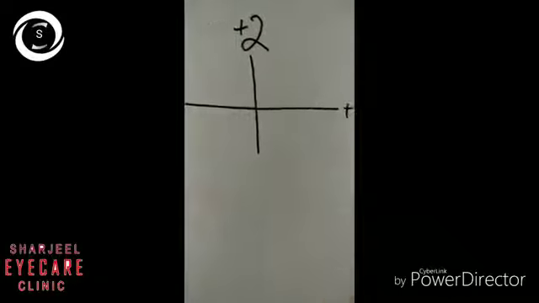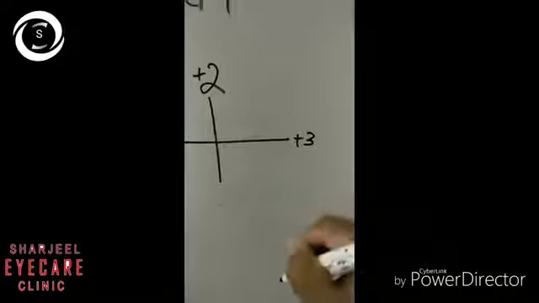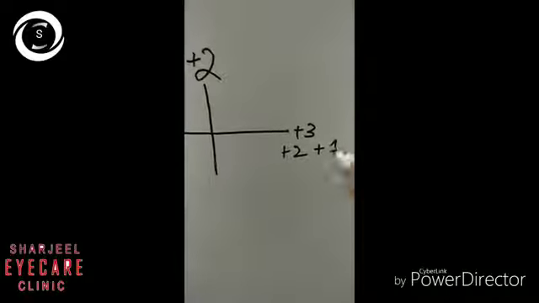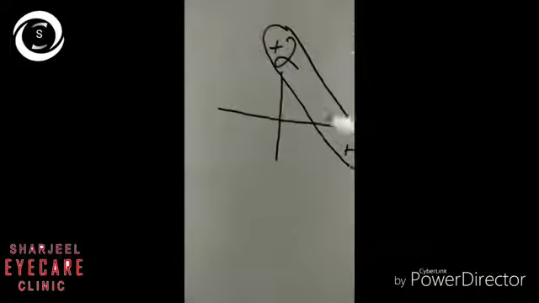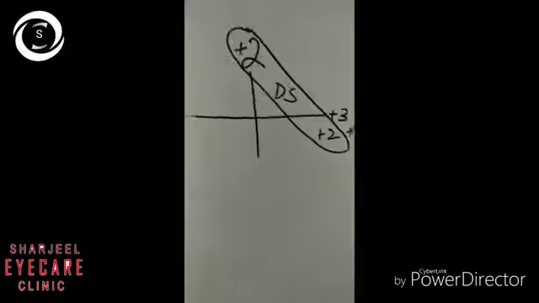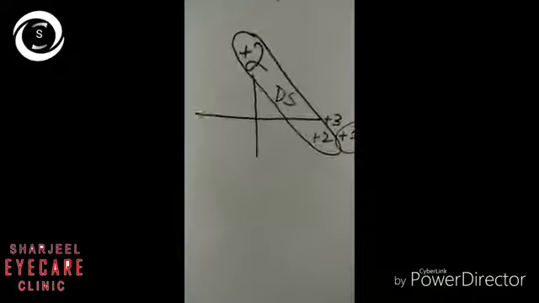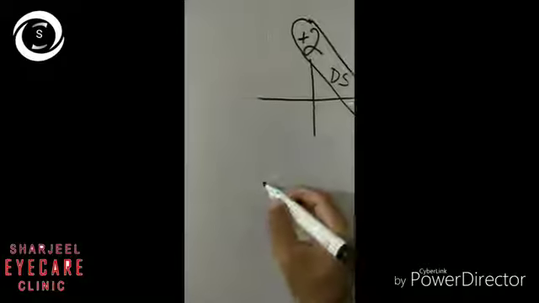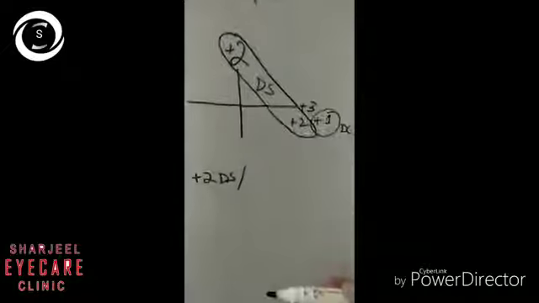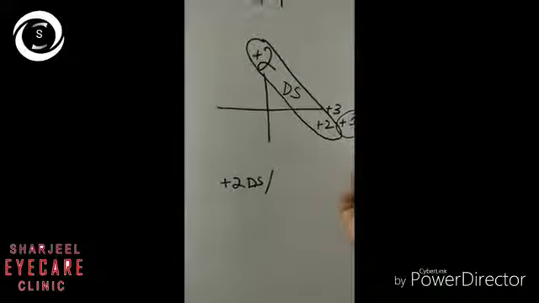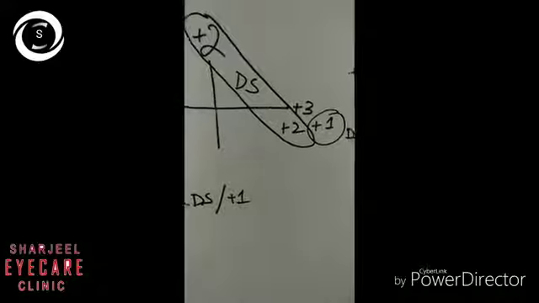So suppose you have neutralized the vertical meridian with +2 lens and horizontal with +3. So now you can see that +2 is vertical as well as horizontal. So we can take +2 as a spherical component because +2 is present vertically as well as horizontally. Sphere is the power of lens that acts equally on all meridians. So we have got +2 diopter sphere as a sphere, and now you can see +1 is left. So that +1 which is present at the horizontal meridian, the power will be perpendicular to it. So we can write that +2 diopter sphere, and here the cylinder is +1 diopter cylinder